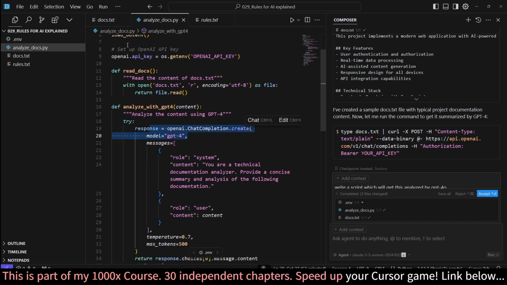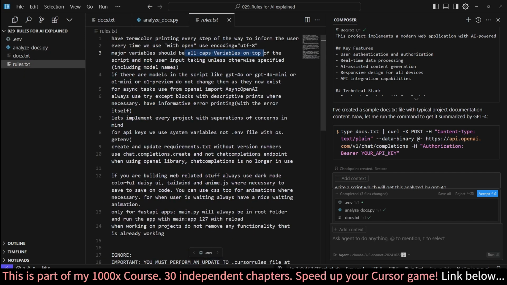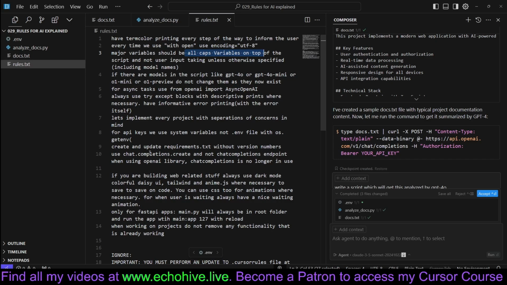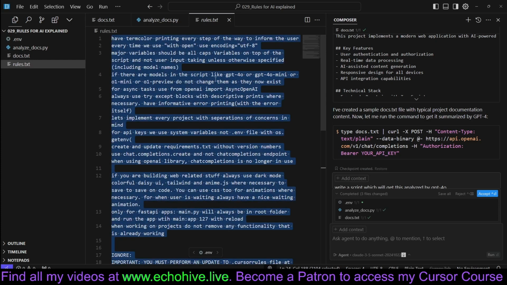Maybe our model name should be a variable at the top. Things like that. And another one is, of course, the chat completions.create, because it made that mistake, and using the model name such as GPT-4o, so it doesn't change it constantly to the old versions. So I'm just going to go ahead and copy this and